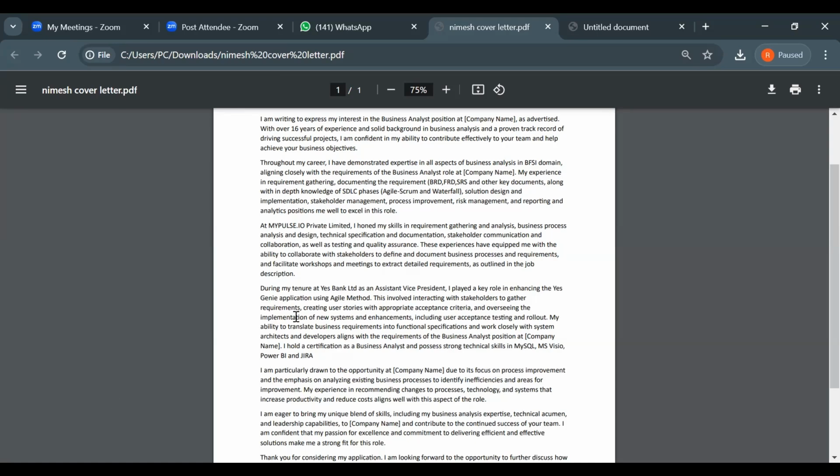And if a particular conflict is there between the stakeholders, the first thing I'll do is get all the stakeholders under one roof. I'll discuss what the conflict is and what the root cause of the conflict is. Apart from that, what solution do they want from their end, and based on the solutions that are being discussed,